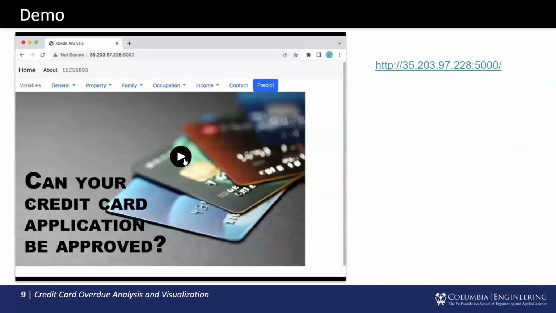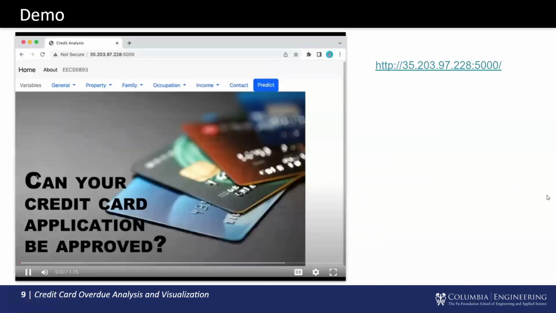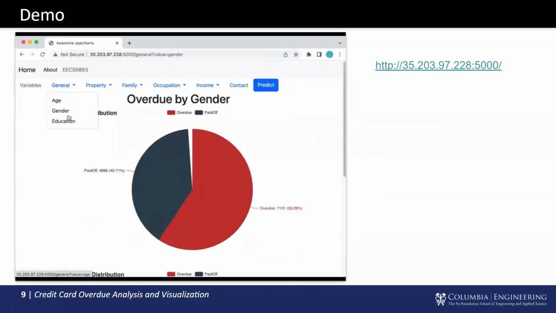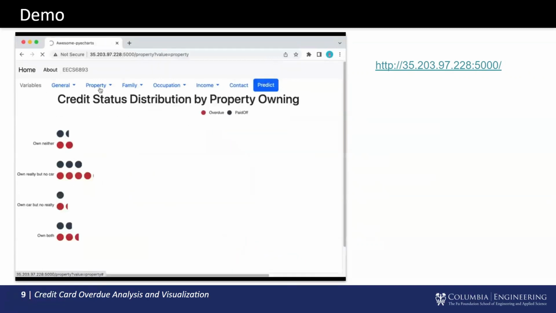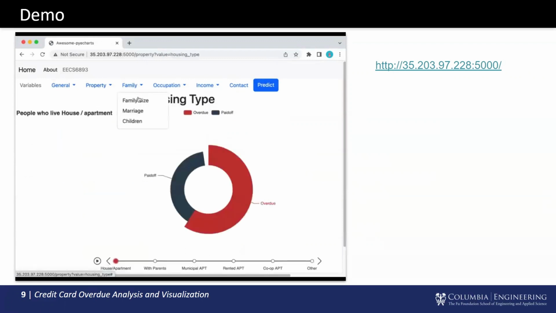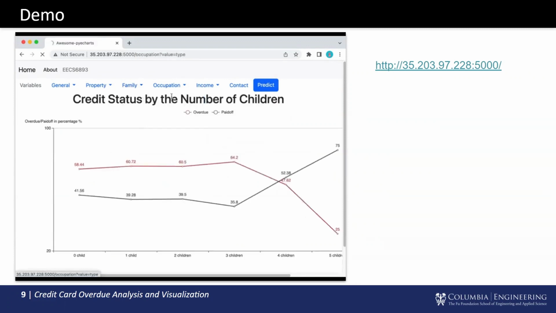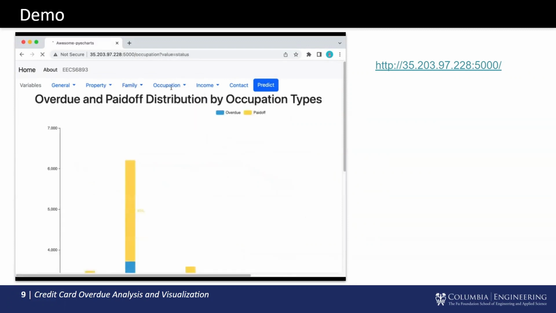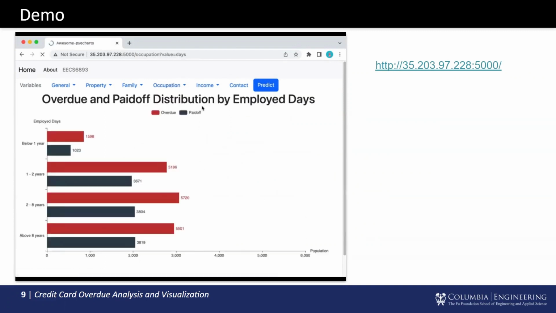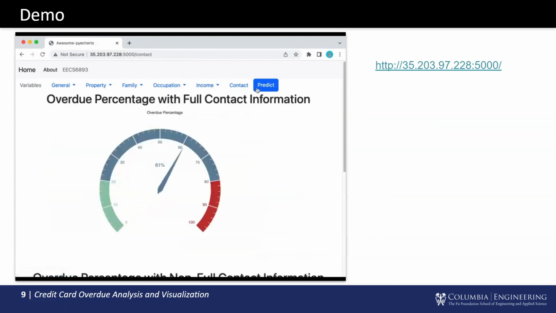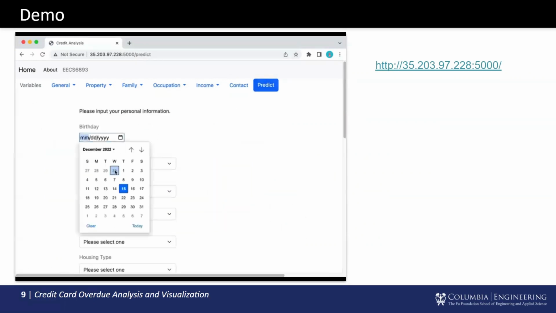And here, the attached video is a quick demo of our application. So you can see we used various charts to visualize all the related features for each single applicant. And you can see here we basically categorize all the features into 6 feature groups. And now comes to the prediction part.